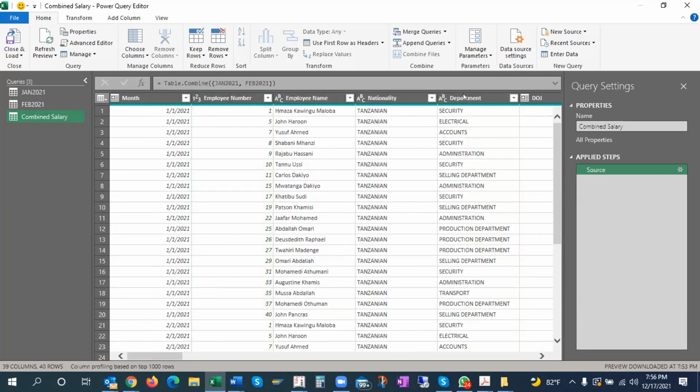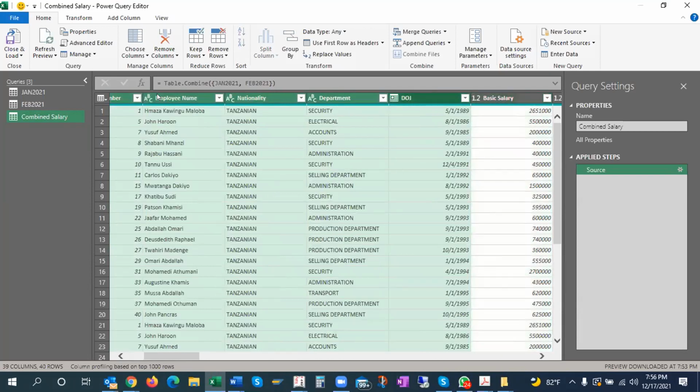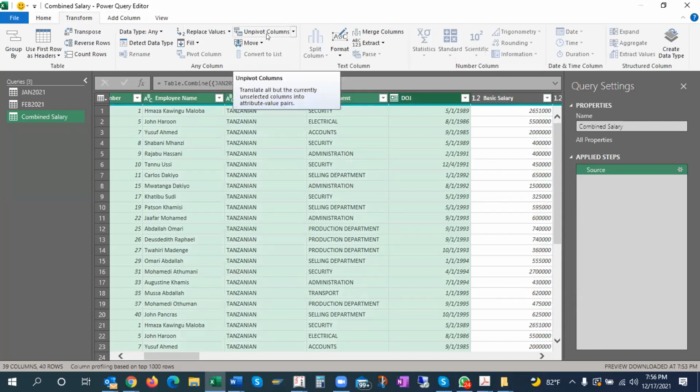There are two ways of doing it. Either I select these columns up to here and it says transform. You see here it is called unpivot columns and unpivot other columns. See what happens when I say unpivot other columns.